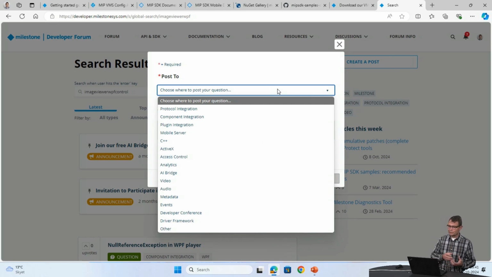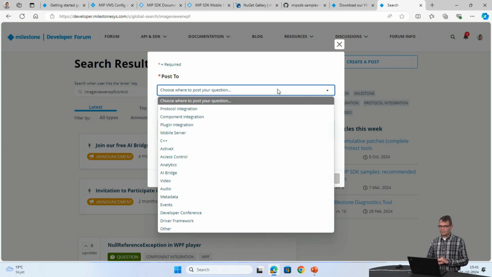Maybe this is a protocol, maybe this is a component, maybe this is a plugin, but there are a lot of other options here, as you can see on the list, and there's also another. Use other if you don't know what is right, but otherwise just think where did I start when I developed?